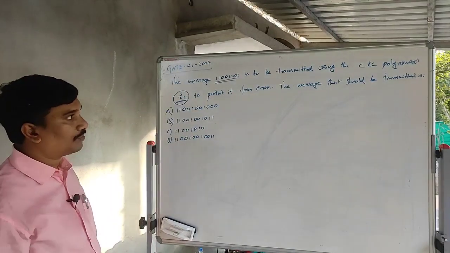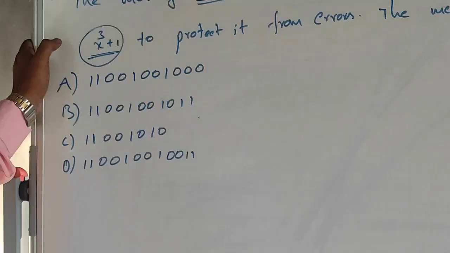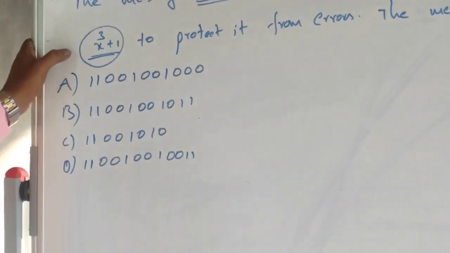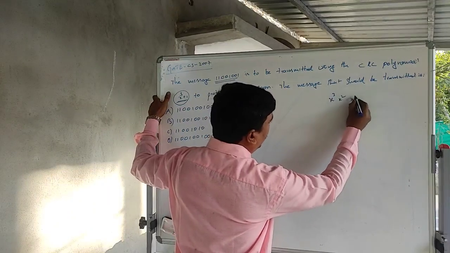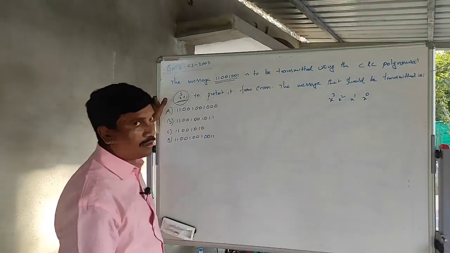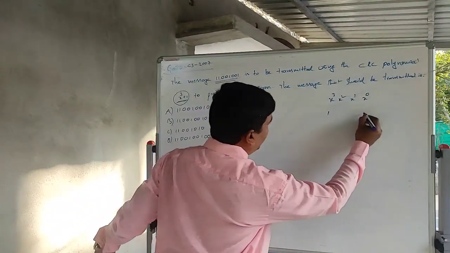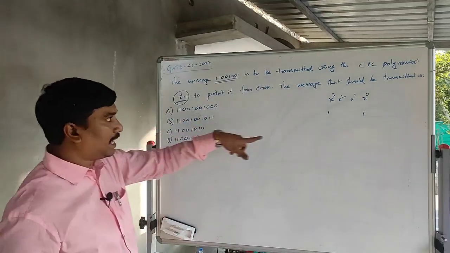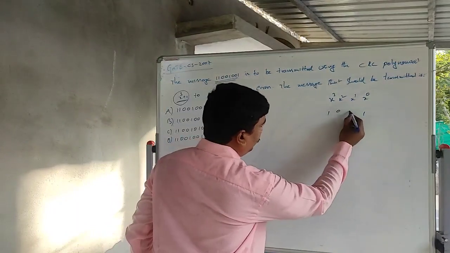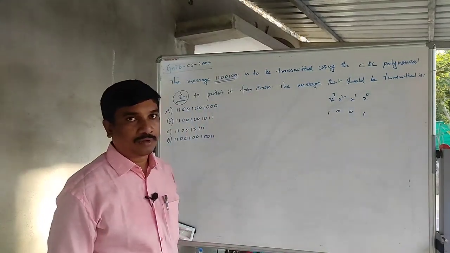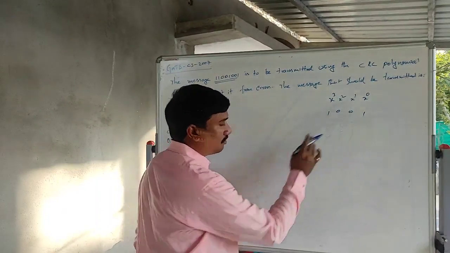Okay, so first, this is the polynomial, the CRC divisor polynomial. First we have to expand it: x power 3, x square, x power 1, x power 0, right. So the given polynomial has x power 3 and x power 0. The 1 means x power 0, x power 0 value is 1, right. Remaining we should put as 0, right. So in total how many bits are in the divisor polynomial? 4 bits, 1001, 4 bits.